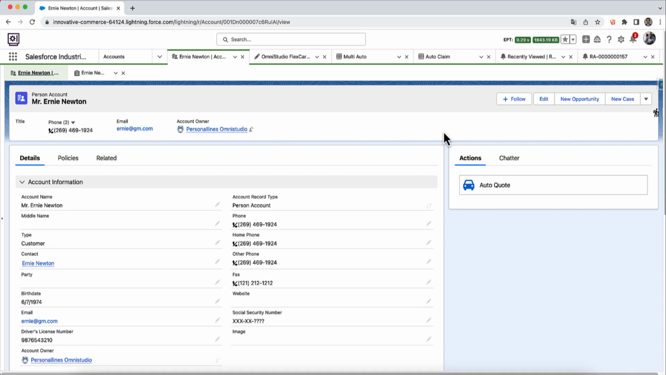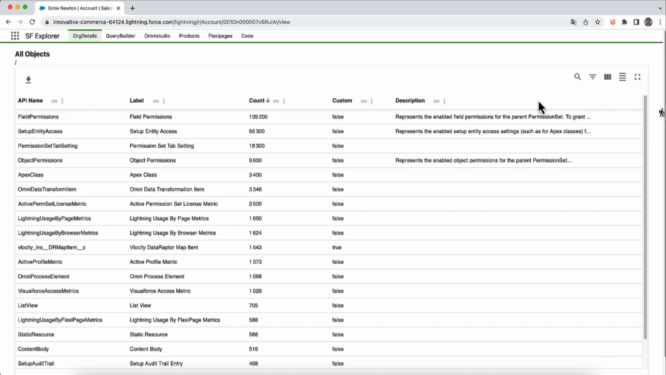Okay, in this small introduction, we'll talk about how SF Explorer can help you better understand the data behind your Salesforce sandbox. So here, I'm inside a Salesforce insurance sandbox, and I've installed SF Explorer. If you have it installed, you will see this small icon on the right. If you click there, the first thing you'll see is